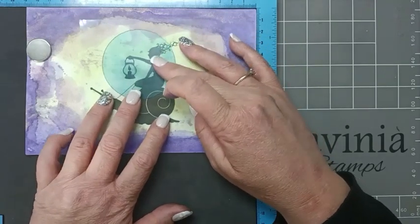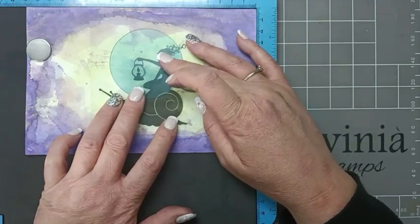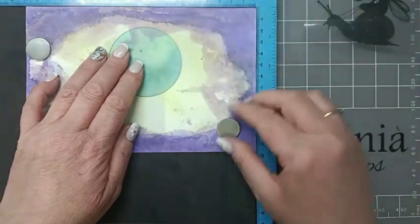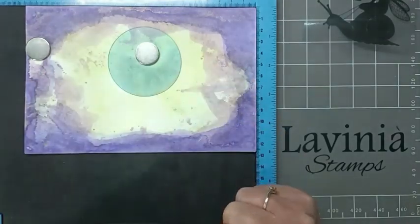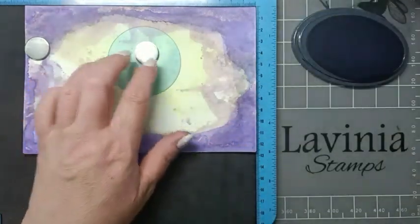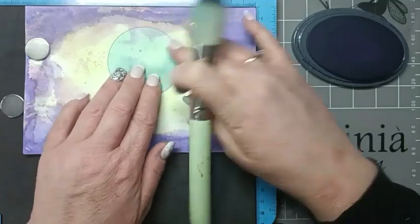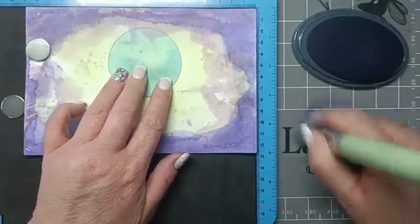So I think we're going to go for there. So I just slide the carrier sheet out, and then I can just pop my magnet over it. So I'm going to use Elements Violet Chalk just to blend around our moon. So I'm going to move my magnet out of the way, pick up the ink, and just get that blended